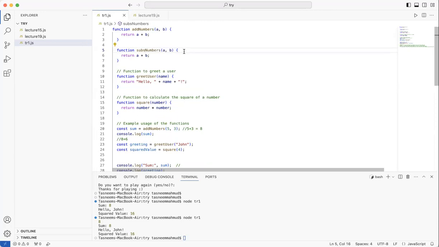Subtract numbers. So let's make this function that just subtracts numbers. Does that make sense? So what can we do?